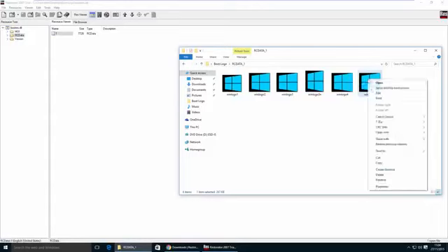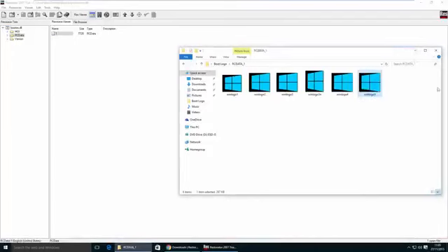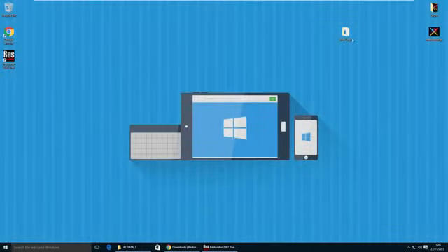If we right click on one of them, we'll go for WinLogo 5, go to Properties, we can actually see that in Details we've got a 321 by 284 image for the 5th logo, and it is also a bitmap file, which is a BMP file. Therefore we're going to need to make sure that our image has the same properties as the default boot logo. So if you minimize this folder here, we're going to go to GIMP,